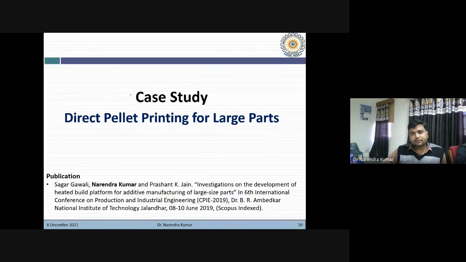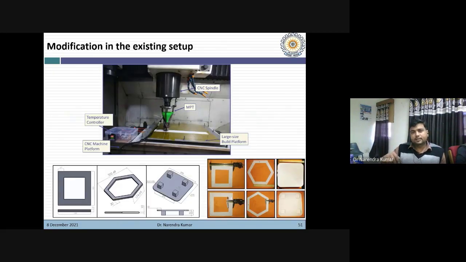Then we extended our study toward large part fabrication, because sometimes, suppose you want to make a large bone, or replicate a bone with large size, this technique could be useful. For large parts we replaced the previous build platform with a larger one, and then tried to make some large parts with the same setup.